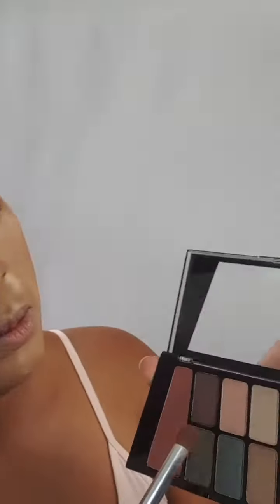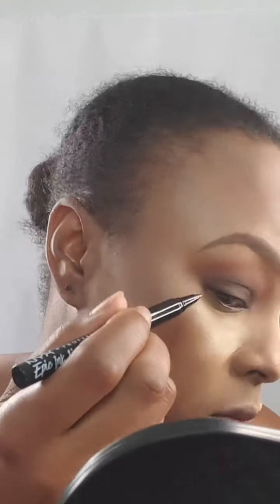Alright, so now I am going in with this palette from Wet n Wild, and it's number 759. It's the palette Comfort Zone, and I'm using one of the transition shades on the upper part of my lid, going towards the brow bone, and then I'm going with this really dark brown. It looks black here on the camera, but it's actually dark brown, and I go in